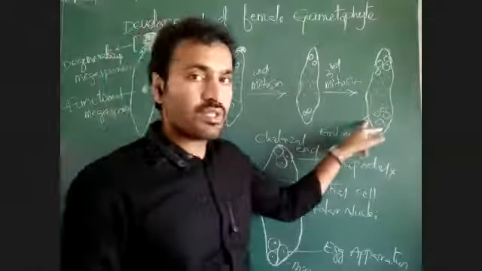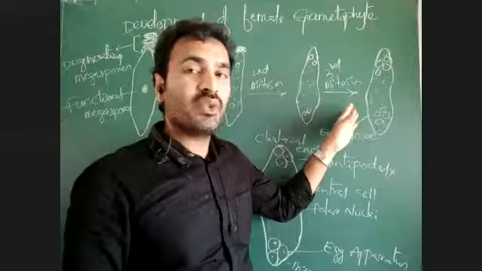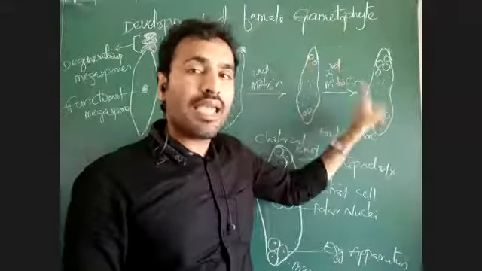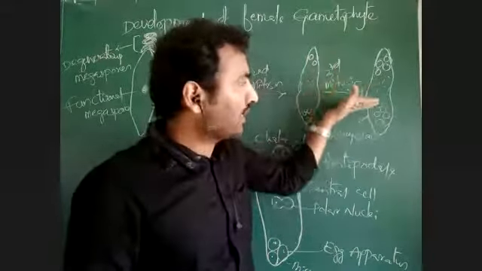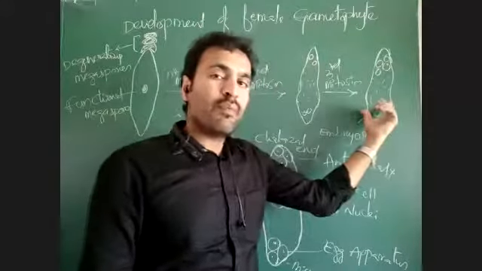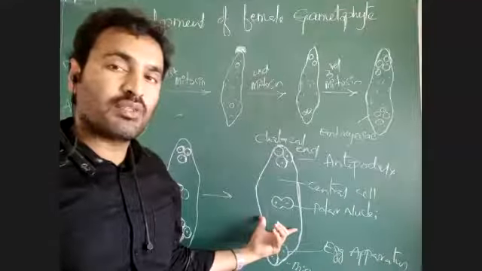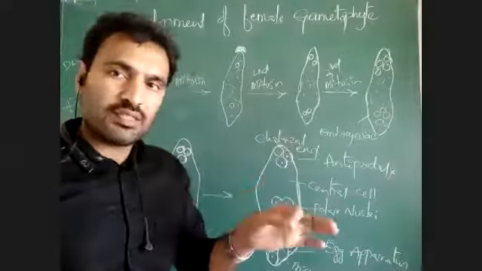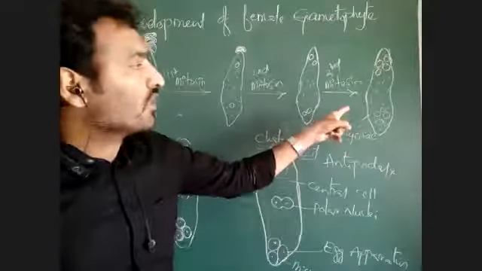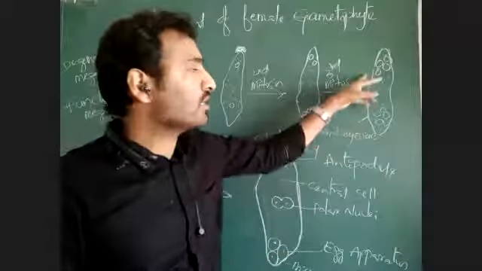At the young stage, there are 8 nuclei, but they are not differentiated into an egg cell or any other cell. There is no gamete, no egg cell, in the 8 nucleate condition. So this is not a female gametophyte. This is the female gametophyte, the matured embryo sac. The embryo sac is a gametophyte in the matured state only. Without an egg cell, it is just an embryo sac in 8 nucleate condition.